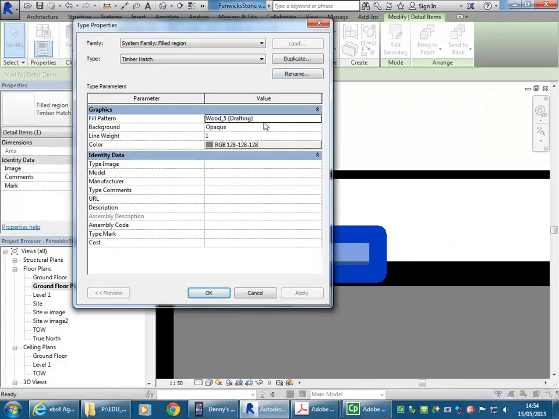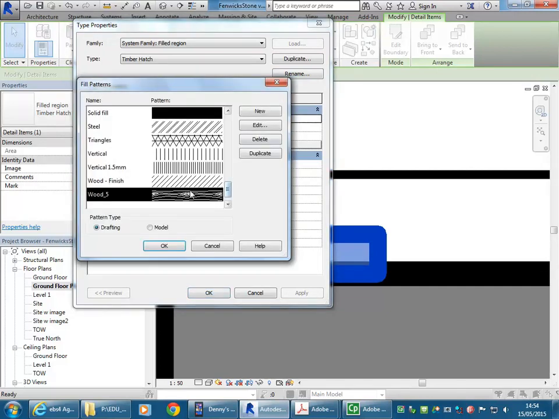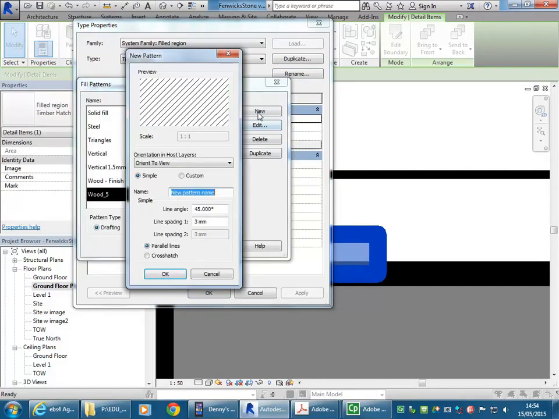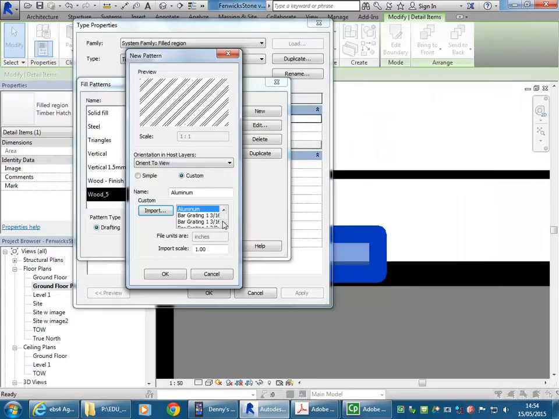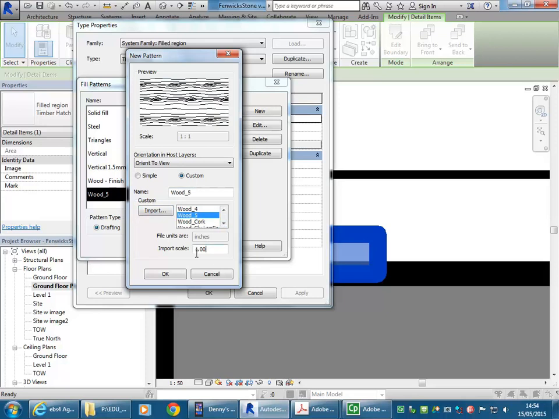Okay, so I've got the fill pattern there. Just go to browse and use the same method: new, custom, import, choose the Revit pat file, and scroll down to the one you want, and then you can change the scale. And that's the only way to give a different scale. So if I make it 0.2,